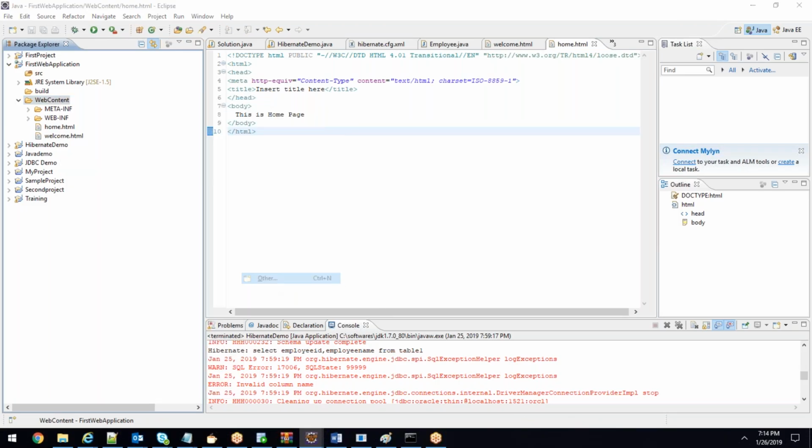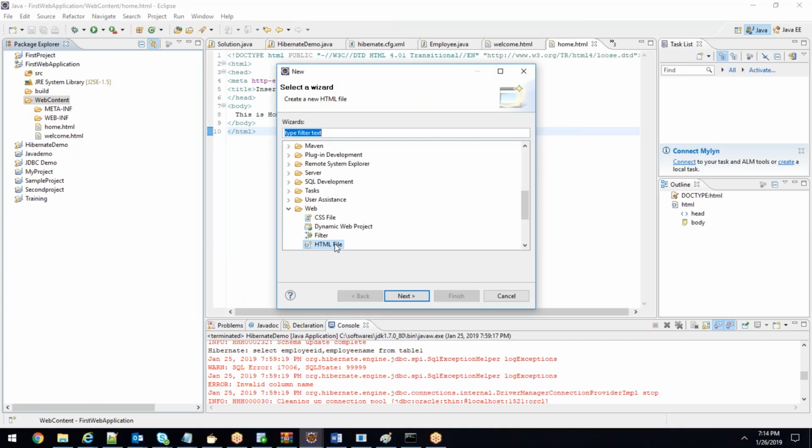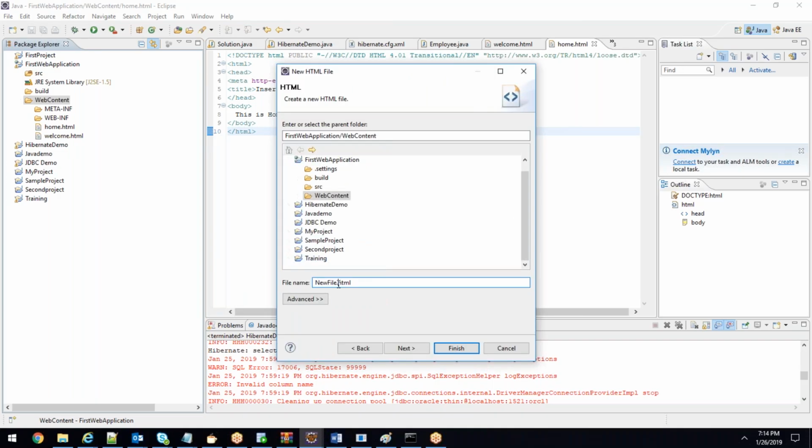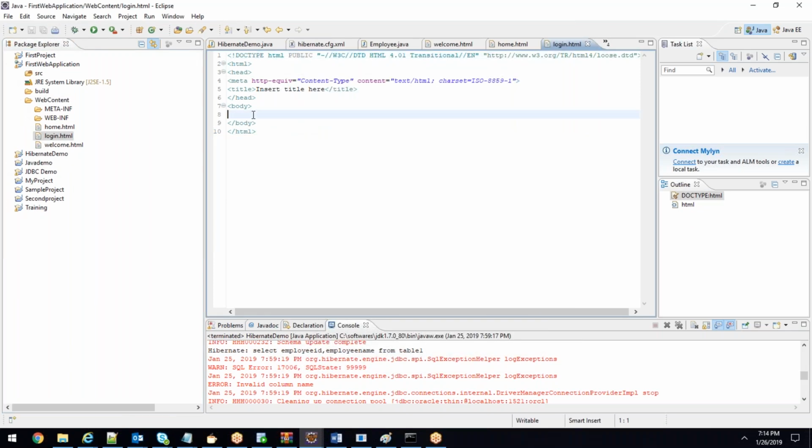So I'll create one more HTML file: new, other, HTML file. This one I'll name login.html. Finish. So inside this login.html, what I'll do is I'll write